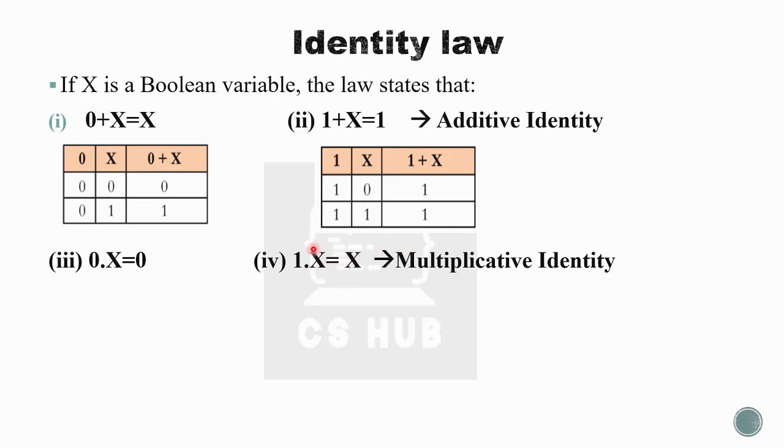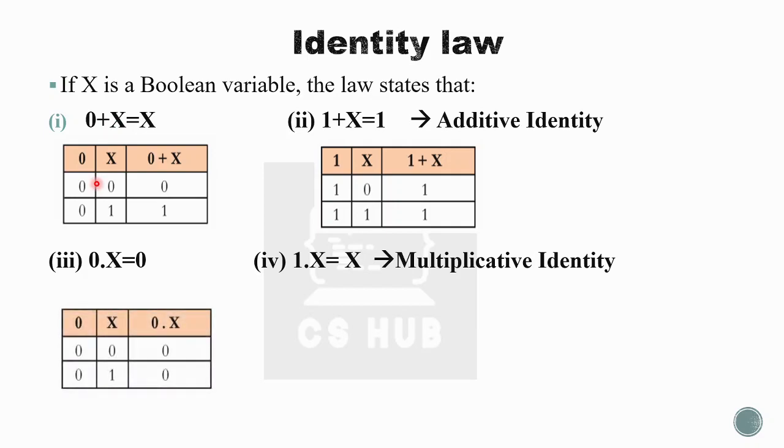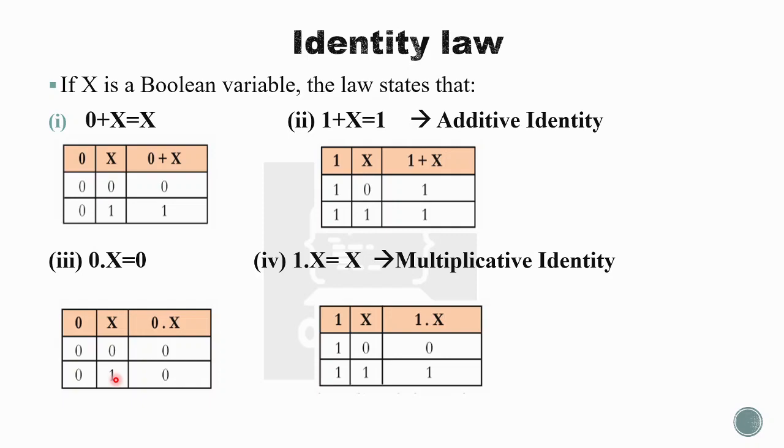So for multiplication, 1 is the identity element, and for addition, 0 will be the identity. Okay, let's start. This is the truth table, or this is the proof. 0 into x equal to 0. 0 into x,